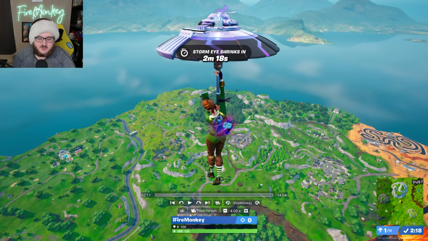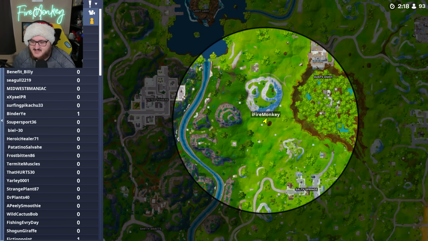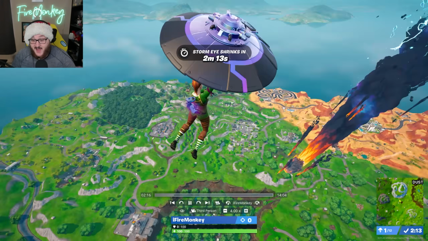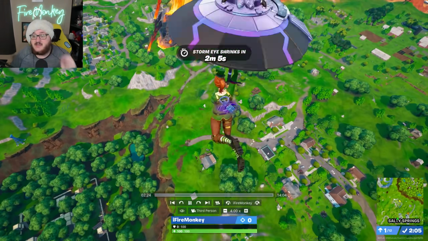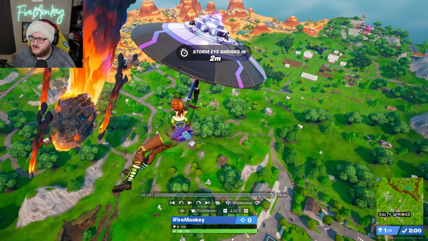Once the storm has officially formed, you open up your map, you find the center of it, which is around like the S in Salty Springs, and you make your pathway over to find a tree near the center of the map. Another thing you could do is go to the meteor and stand on that as well, since that is a little bit of a camping spot, but that also is a risky one because if the circle is not in your favor,